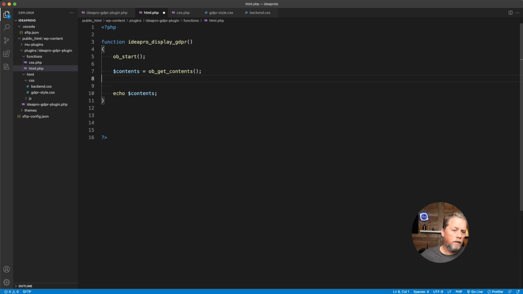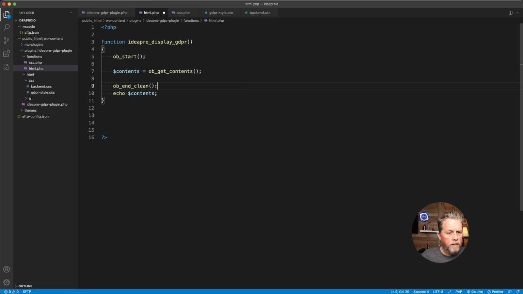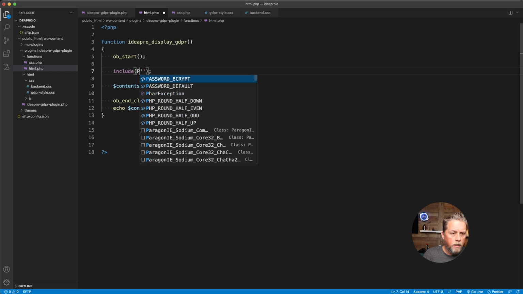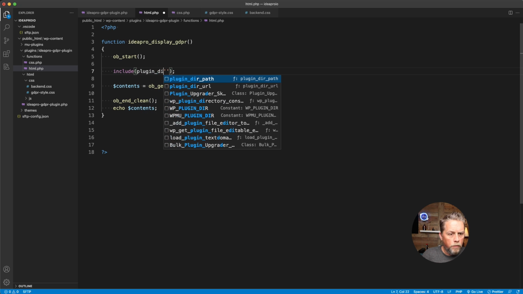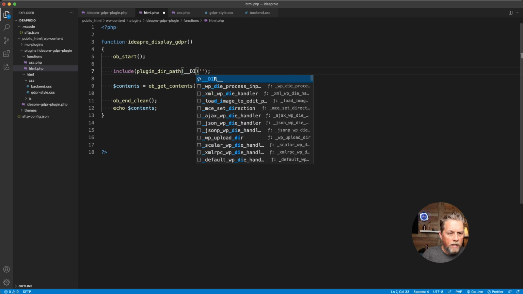so that we can include all the HTML in one file and include it here, and I'll show you how to do that in just a second. But first we want to do an OB end clean. All right, and what that does is it flushes the OB start contents. All right, so above this we're going to call in the include, and this is where we're going to say plugin directory path, and we're going to go back to the, whoops, I don't want two quotes in there. We're going to go back to the directory,